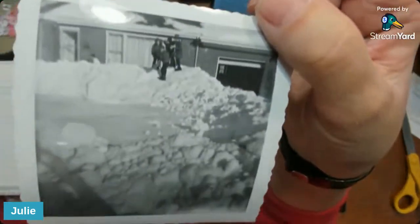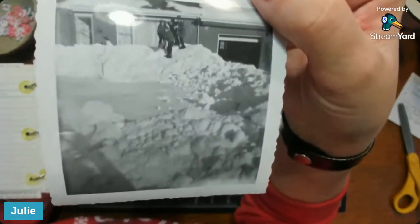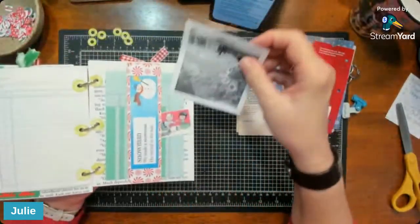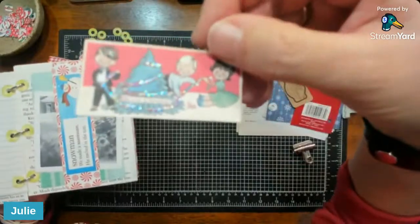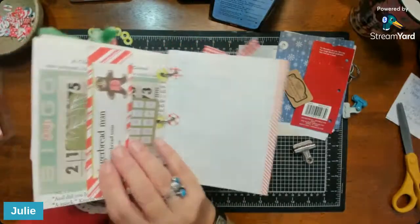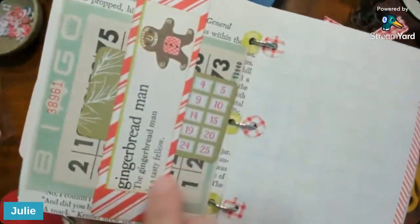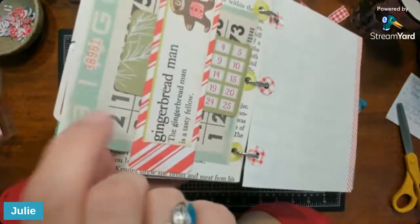I went through my vintage pile of photographs and I found this snow day one. So this is an actual photograph. Another little handmade die cut here with one of those printables. I'm getting to the end. The other side has another belly band here with a piece of the children's book page